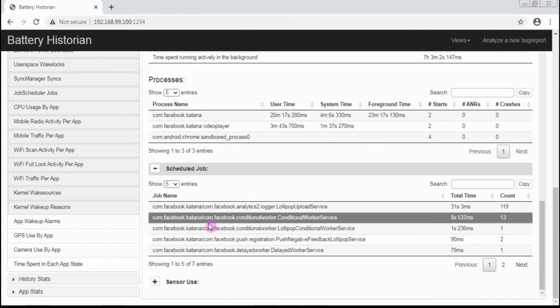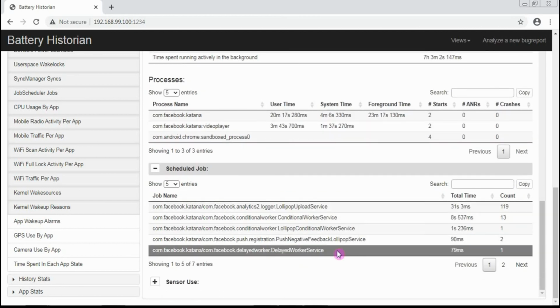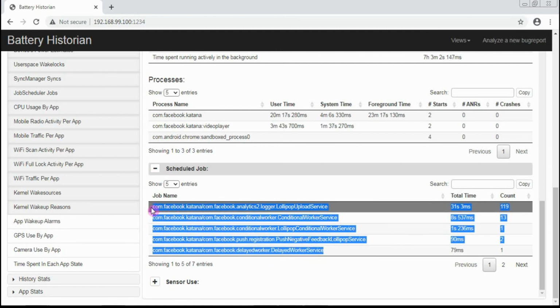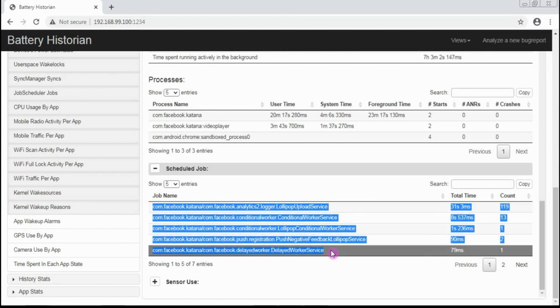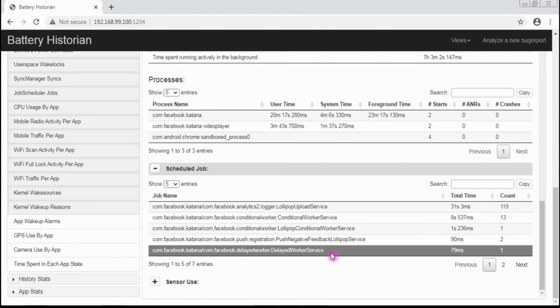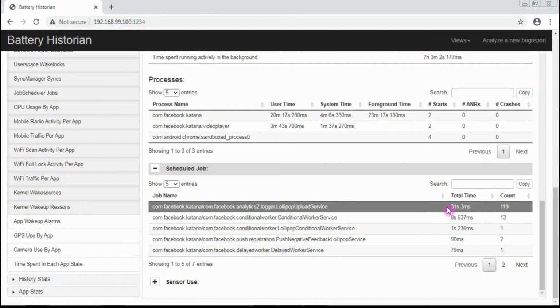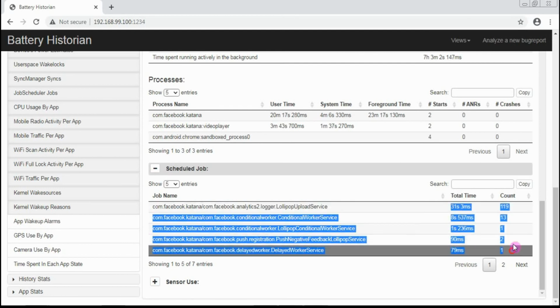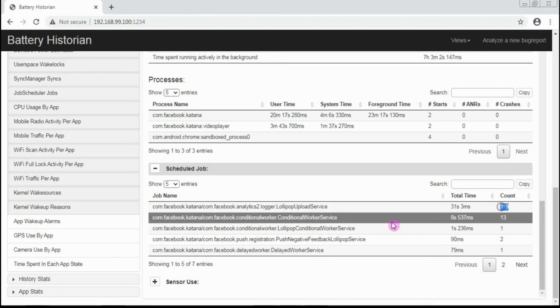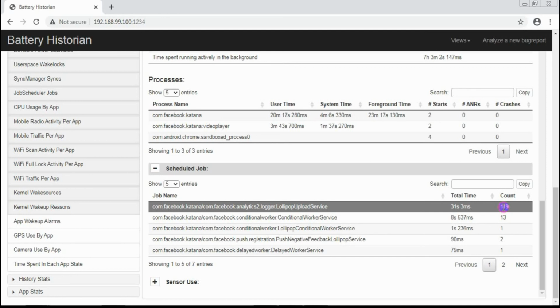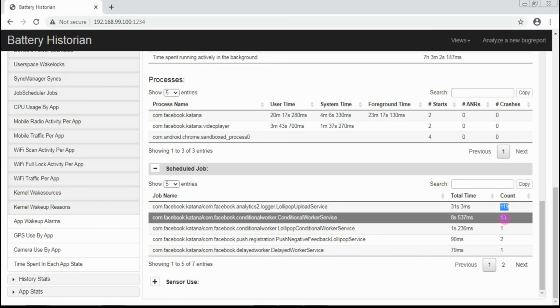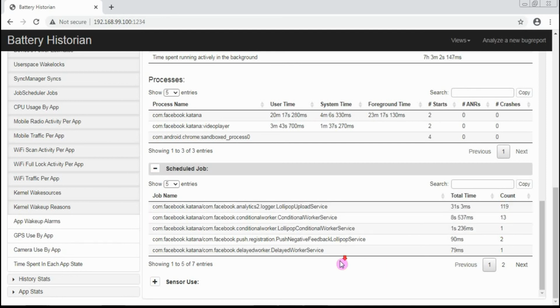Then if you go to scheduled job, so here again, what all jobs are scheduled into, say, a particular application. In our case, it is Facebook. So what all job names are scheduled, and what is the total time for which it was up, and the count for which it was up. Like a particular service can raise its alarm, it will get open, it will get close, it will get open, it will get close. So in that case, in the opening and shut mechanism, the count will be raised in our battery stat logs, and that count is present here.